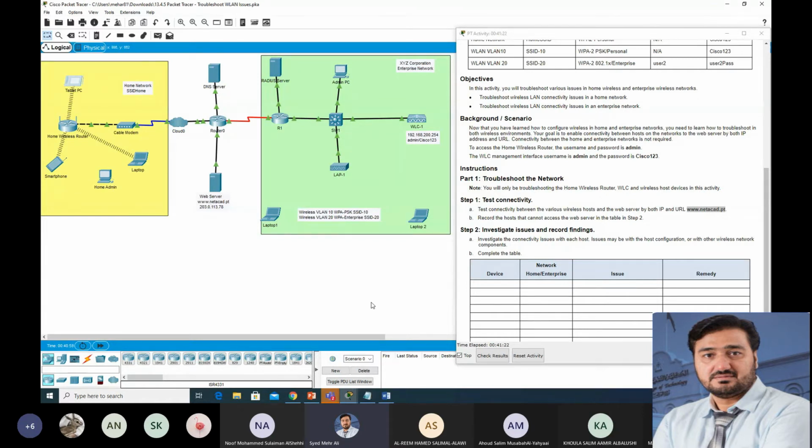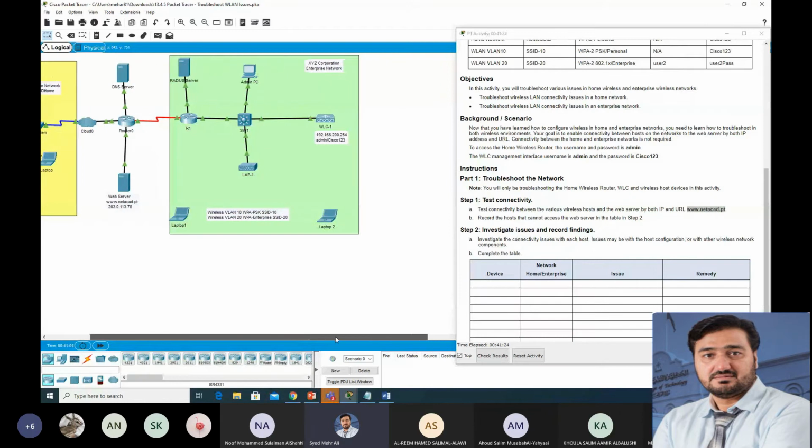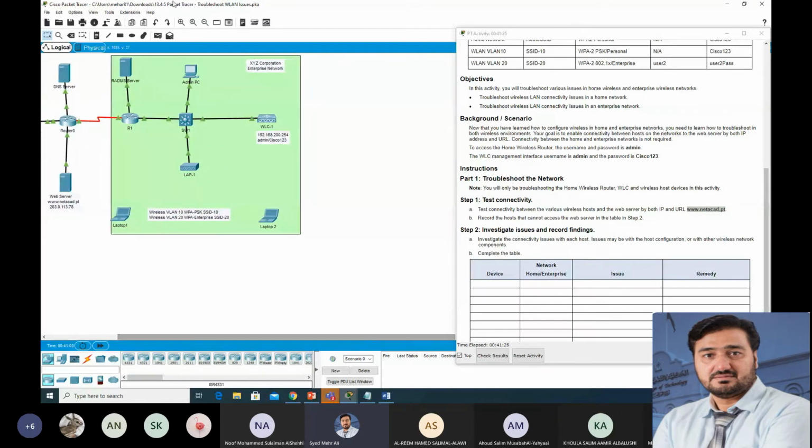Now come to the wireless LAN controller, and we will see what the issue is. So the first thing here we can see, our laptop has no connectivity.